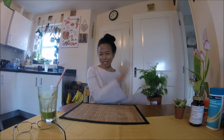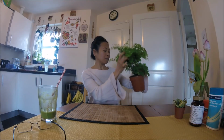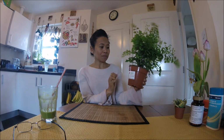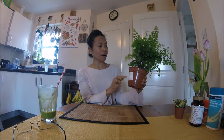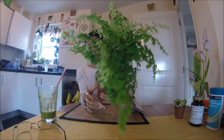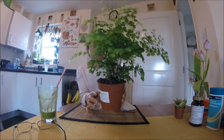I do not want you to get dizzy when I go down here and go down there. Ooh. So when I was away, my maiden hair fern died, so I thought I really liked that plant, so I thought I'm gonna get another one. So today I went ahead and splurged on lots of ferns. So that's my maiden hair fern,